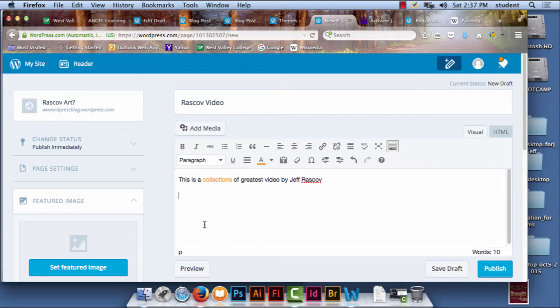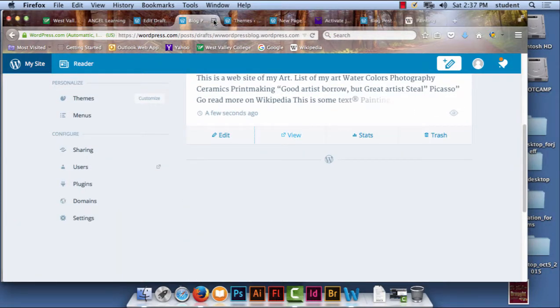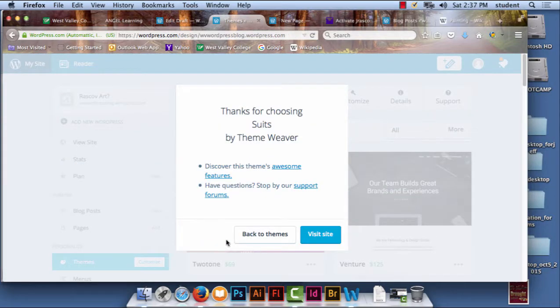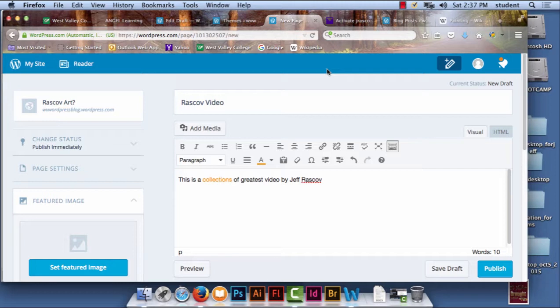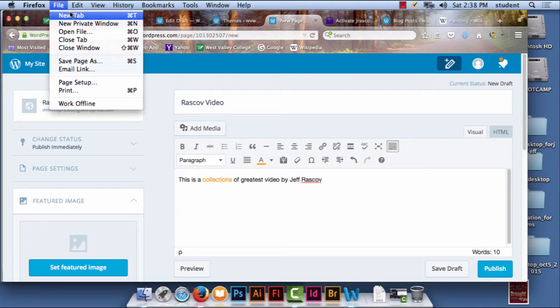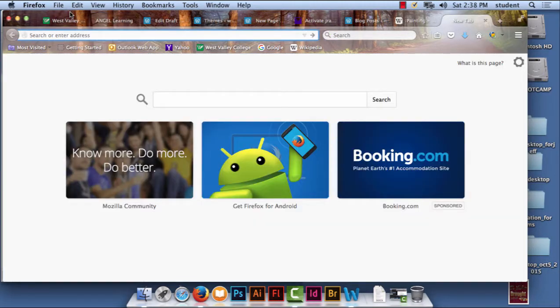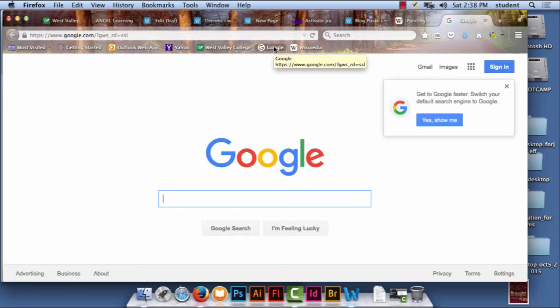So the first thing you want to do is find the picture online. So I don't know, let's find a picture online. Let's find a picture of a video camera. How about that? So I'm going to, let's cheat. I'm just going to steal. Remember, stealing other people's photos and putting them on your site is quite illegal to do. Okay? So, I'm just going to make a new page, new tab or whatever. I'm going to go to Google,